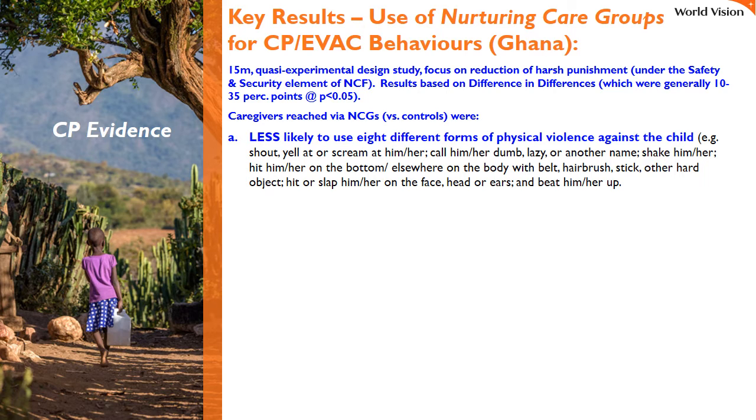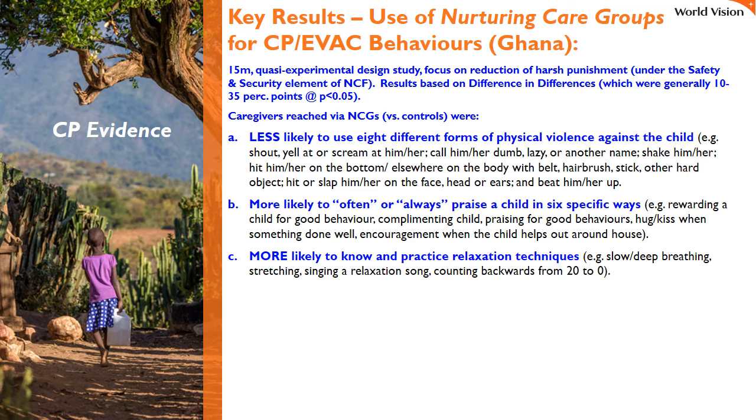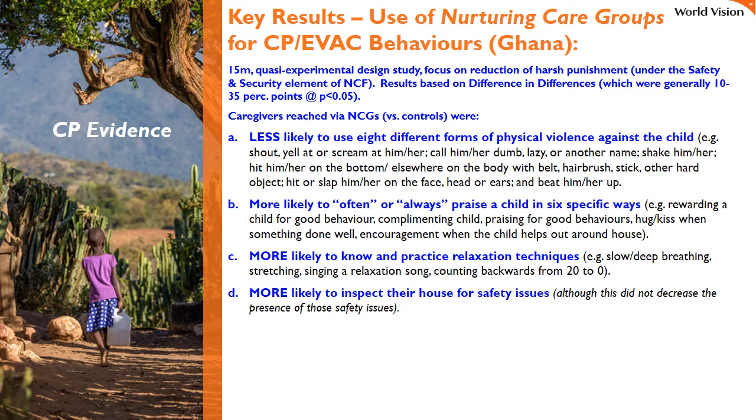After being reached with nurturing care groups, caregivers were less likely to use physical violence against a child, more likely to often or always praise a child in 6 specific ways, more likely to know and practice relaxation techniques, more likely to inspect the home for safety issues, and more likely to do 8 different positive things with the child, like playing games with them, asking about their homework and plans for the next day, and inviting them to help plan